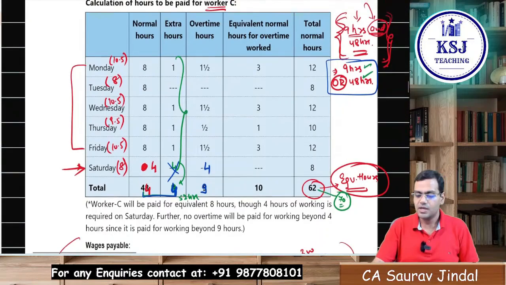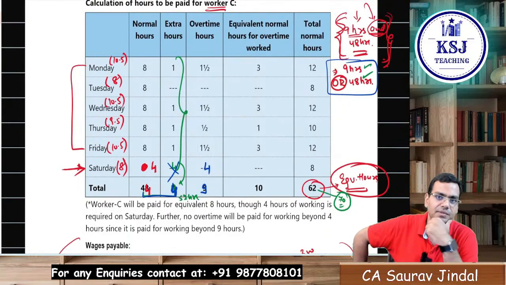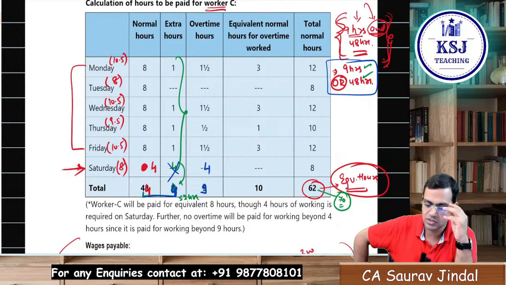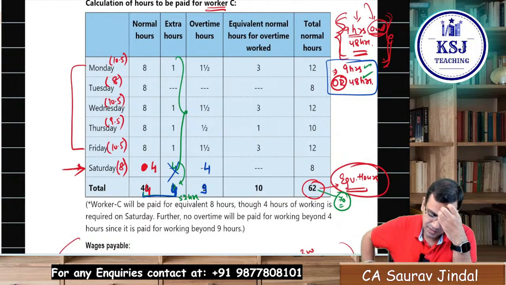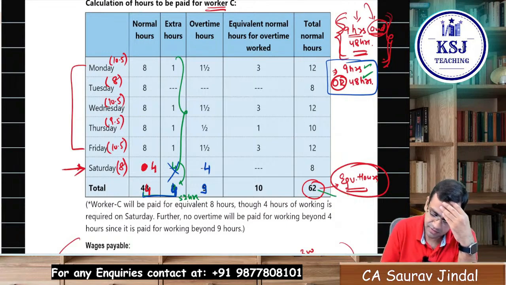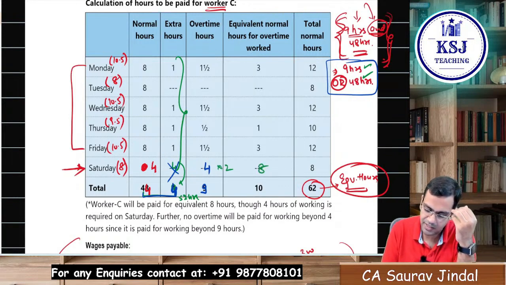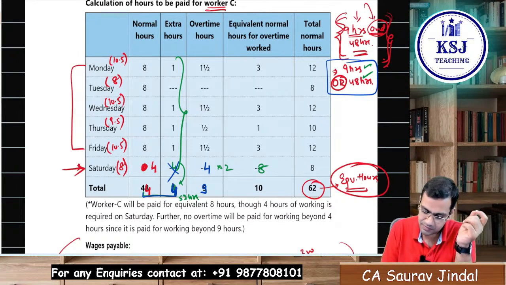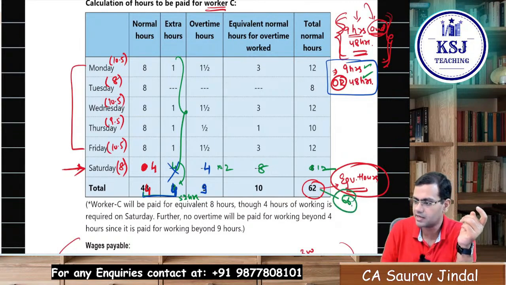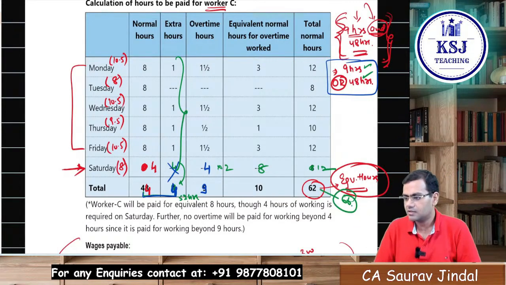All the scenarios, because this question can come in the examination in any of the forms. It is not necessary that they will work for all the workers. They can give you just one worker, 66 or whatever it is, you can just take it. It will be 66. Sorry, 4 into 2, 8, correct. Oh, I multiplied. Here it will be 12. Total will be 66. Correct. Pritam, thank you for the correction.